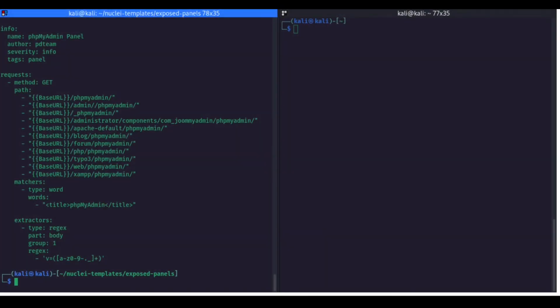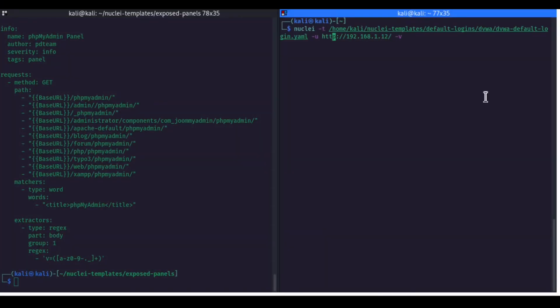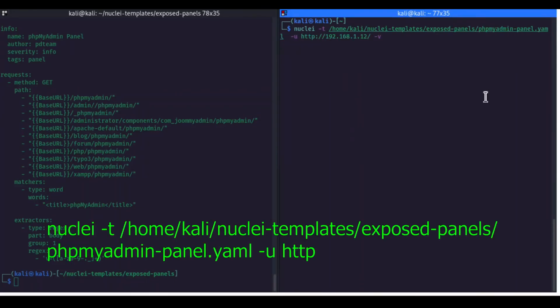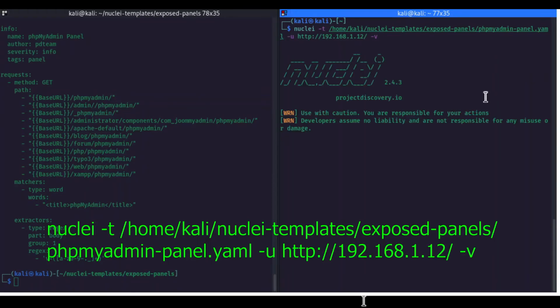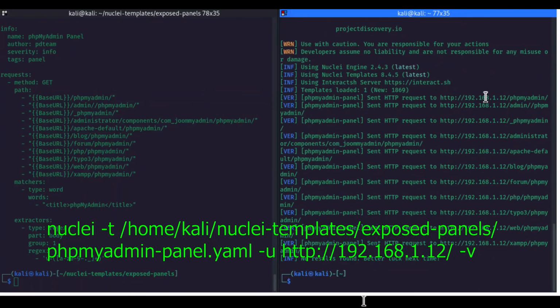So let me show you that here. The phpmyadmin panel.yml. See, if you are running an older script, it will not detect this.